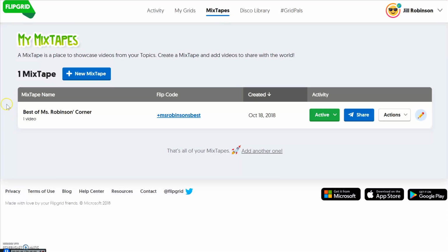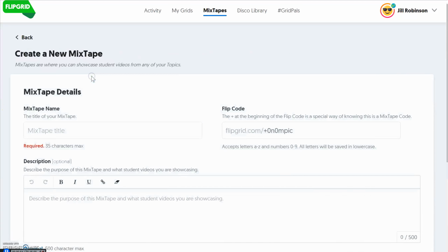Mixtapes. Okay, anyway. So the first thing you're going to do to create a mixtape is click on New Mixtape, and you're going to fill in the details for it. So for this one, we'll just call this the best of 2019. And over here, the flip code, just like when you created a grid, you can modify this if you want. But what it does have to have is a plus sign after flipgrid.com/. So you see the plus at the beginning of the flip code is a special way of knowing that this is a mixtape code. So you can fix it if you want,